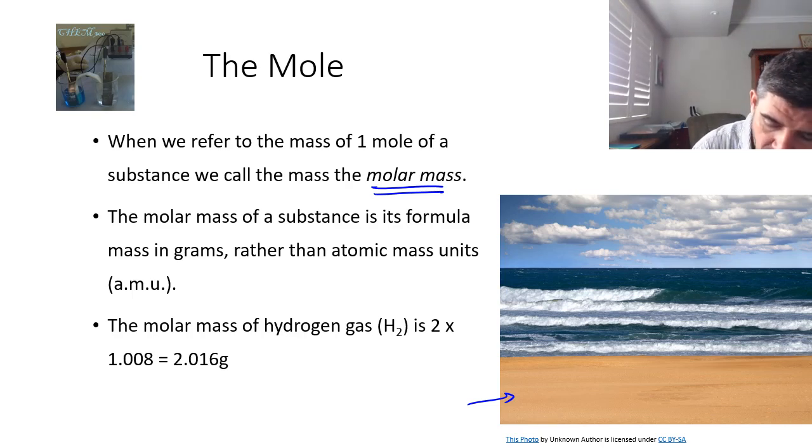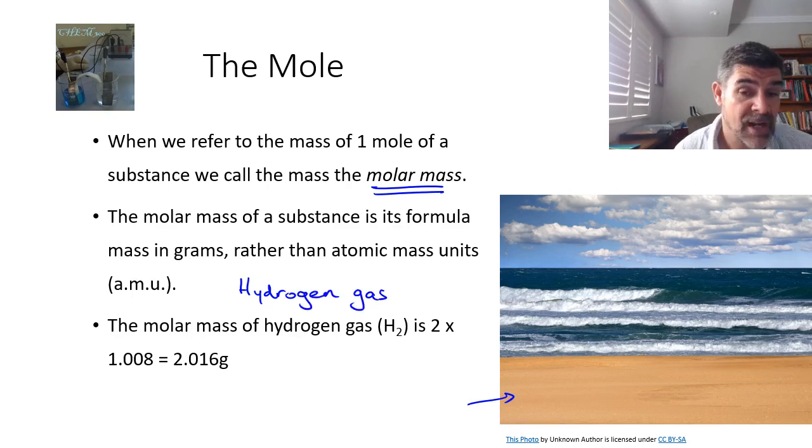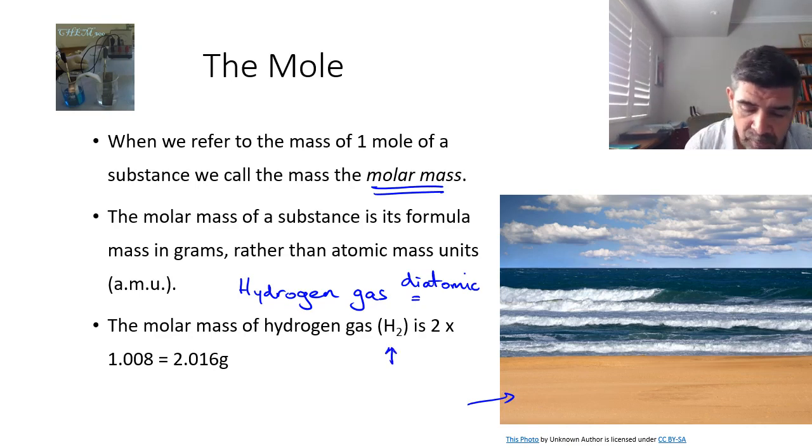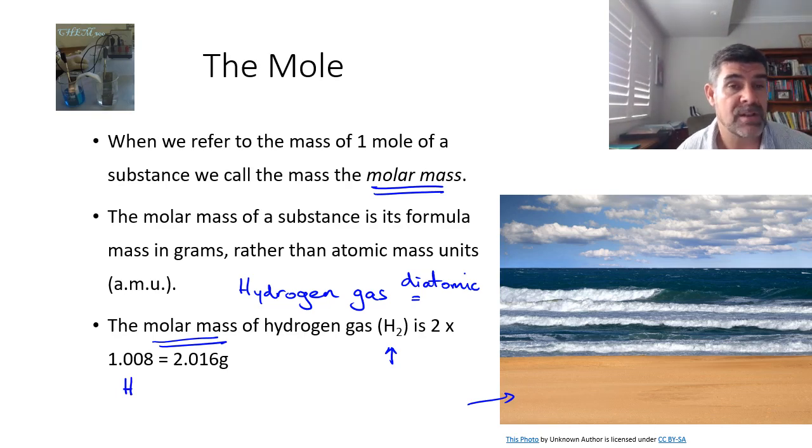So an example of all of that is when we look at hydrogen gas. Hydrogen gas, unlike hydrogen atoms, exists as a diatomic molecule. That means it has 2 atoms, and therefore its formula is H2. So if we're trying to calculate the molar mass of hydrogen gas, what we do is take out our periodic table. We notice that hydrogen has an atomic mass of 1.008, and therefore if we have 2 of them, we need to multiply that number by 2 in order to give us the molar mass of